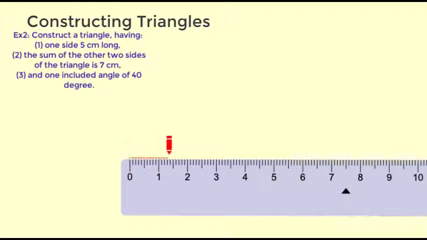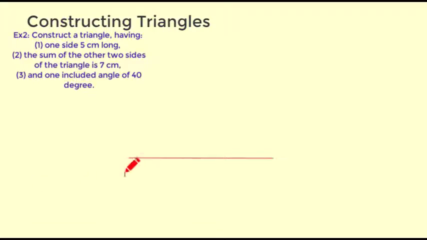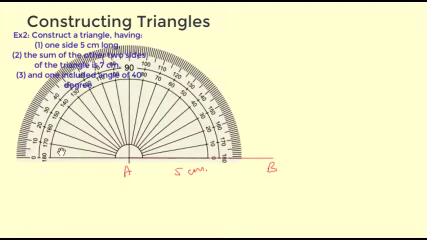So first let's draw a straight line 5 centimeter long. And let's say this is my line segment AB, and 5 centimeter. And now let us construct the angle 40 degree, which is at the point A with reference to the line